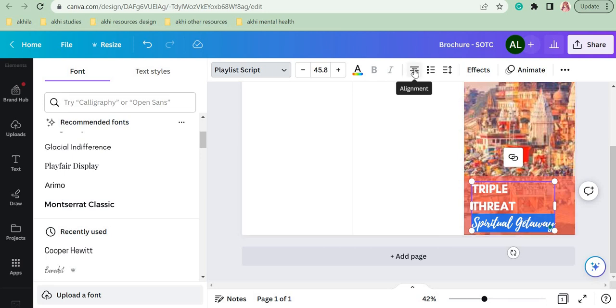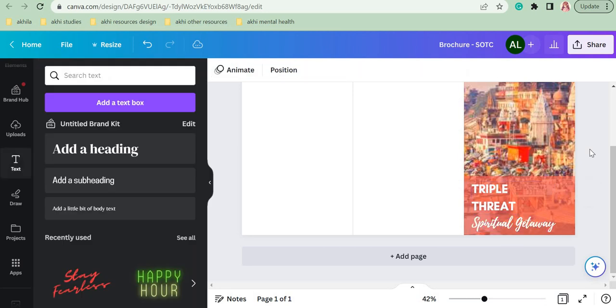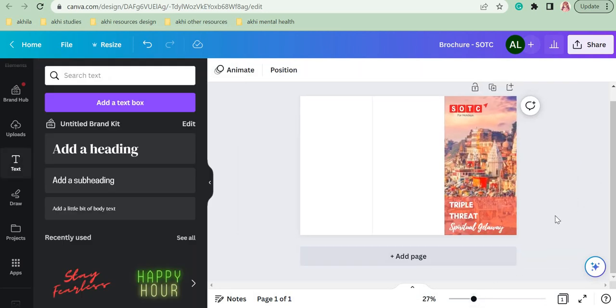Next we have to change the alignment. So I'm going to just click on this once. You can see all the lines are starting from the left. Here also you can see the word is starting from the left. Not much change you will see because it was already occupying this whole text box. So you couldn't see whether it is starting from the left or is in the center alignment. But from this symbol you can see that it is starting from the left side. So it is in left alignment mode. So that's it. We are done for today's video.